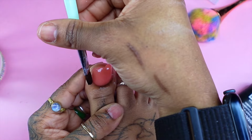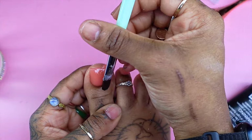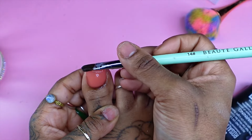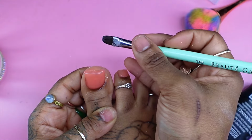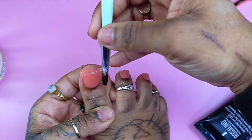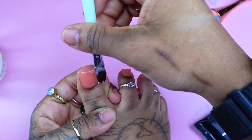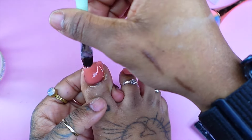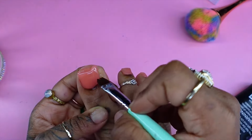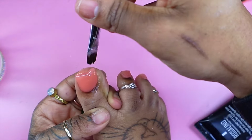So especially with the lighter cover colors, like a lighter nude, a transparent nude, or a baby pink that's see-through, stuff like that, is why I put a thicker layer of polygel. But I am keeping this in real time so you can see exactly how I shape my nail up. But the main thing that I feel like you guys need to focus on is the cuticle part of this,